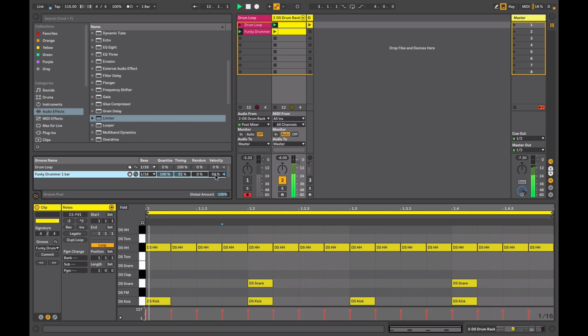Introduce some of the velocity. So the settings I make here will be applied to any clip that's in my session that's using this particular